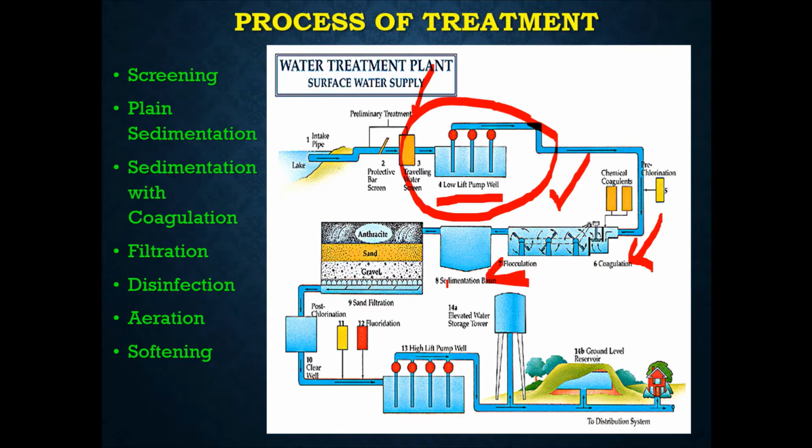Then the process of coagulation and flocculation is there, and after it they have provided the phenomenon of sedimentation. After that, your water, which we may call raw water, goes towards the filter media, and this process is known as the filtration, where water is passed through the filter media. In detail we will discuss the filtration. Let's move ahead.